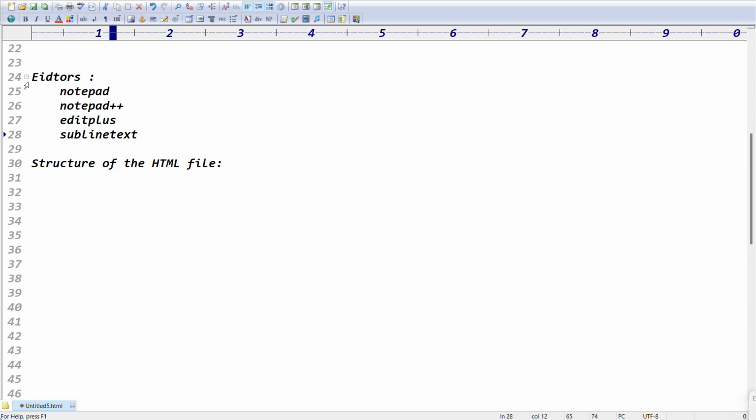After the editors, we will go for the IDEs also. We have Dreamweaver, VS Code. Those are the IDEs. I'll tell you later. But editors are what? Notepad, Notepad++, Edit Plus, and Sublime Text to write the code. Yes, in this video, I'm going for the Edit Plus